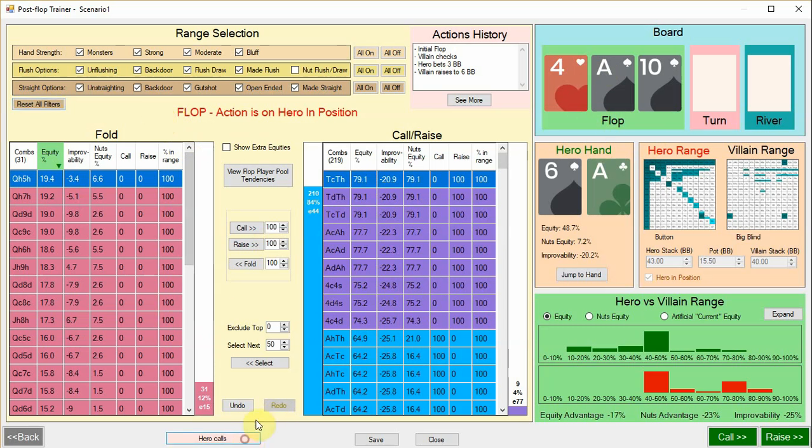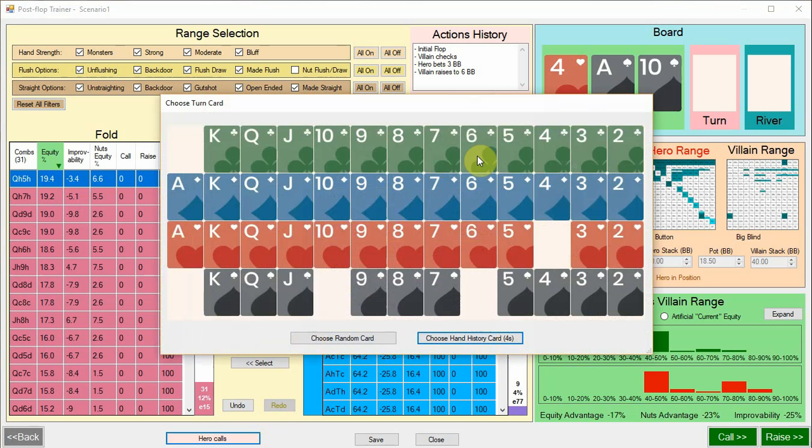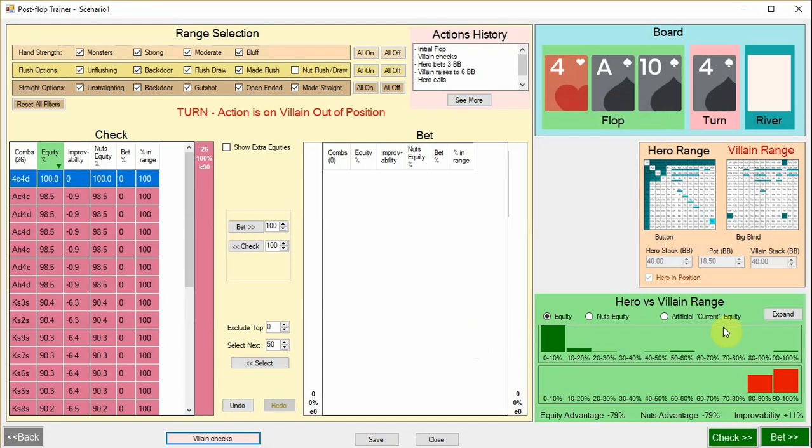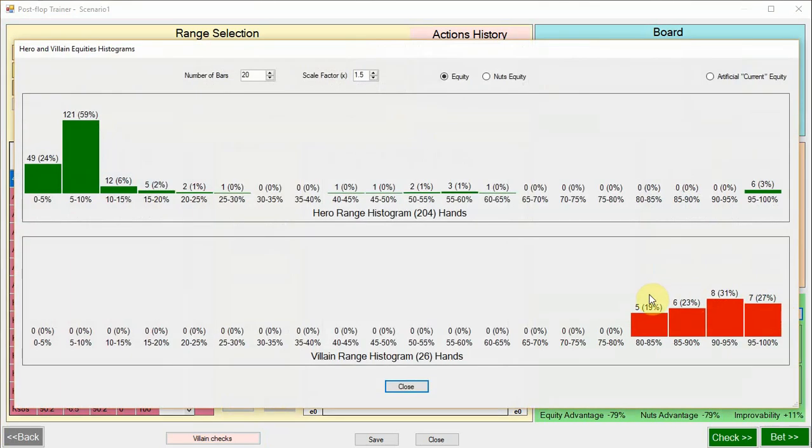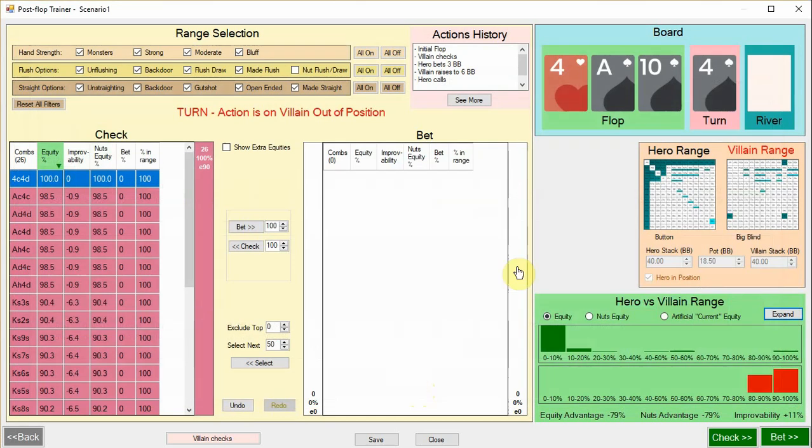But in this case, let's just say the hero calls, and now we get to choose what the turn card is, and the turn card was the 4 of spades. So let's go along with that. Okay, and now we see a situation where, look how polarized this is now. We have some very strong hands right at the very top, but most of our hands are way weaker than the villain's range, and that's because we've had a very unusual situation happen here, where the turn card that's come